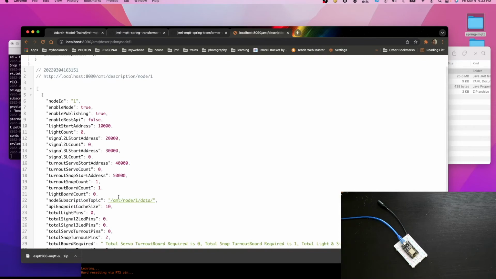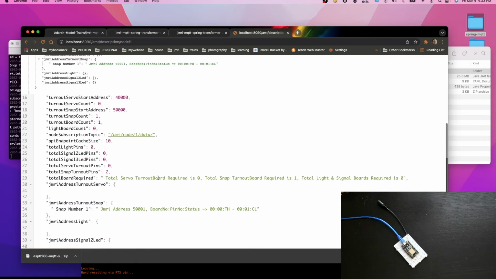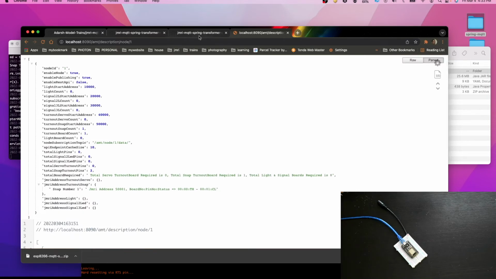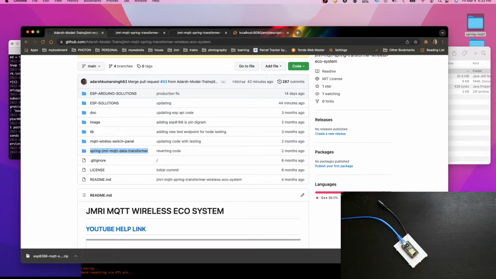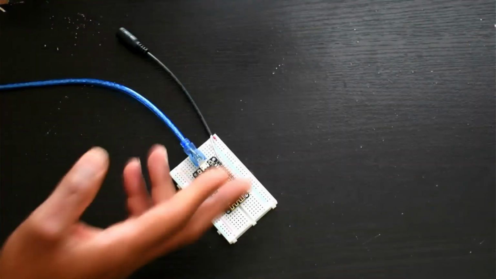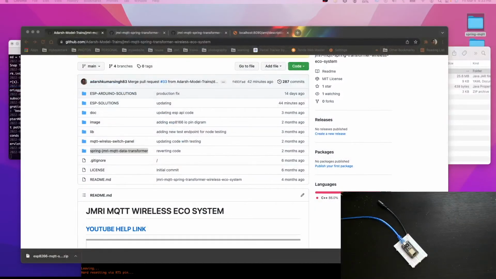Same thing, I have actually installed 2 JSON plugins in the browser. That's the reason both of them are showing parallelly to me, but it doesn't matter here. So the next thing we have to do is configure the PCA9685 board and other things, and then we'll do the dry run, and then we will do the final testing with the JMRI.